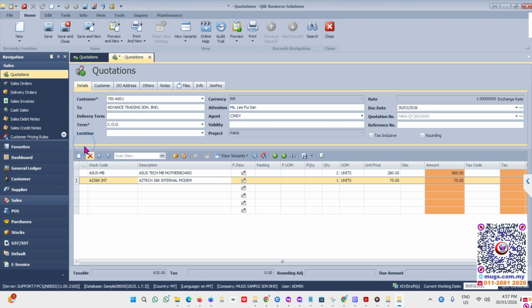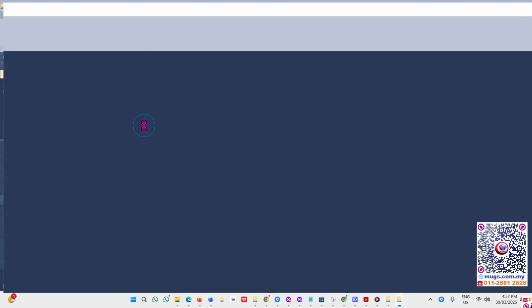Once done, you can go back to Home again. You can just click Save, or Save and New, or Preview and New also can. With Preview and New, the system will help you